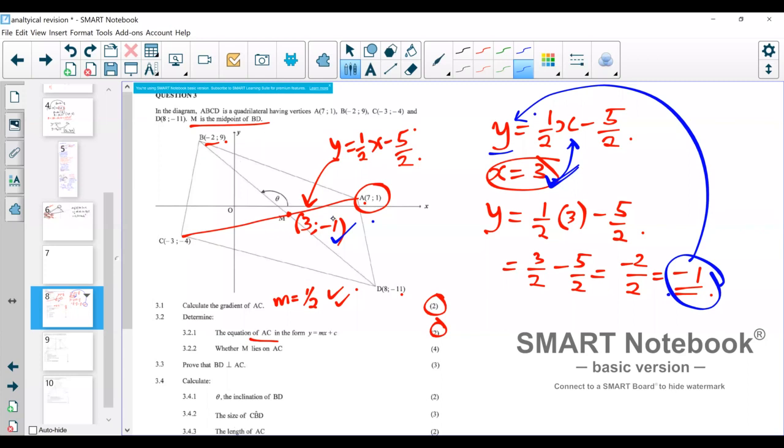All right. Look, 4 marks, principles of analytical geometry. 3.3, prove that BD is perpendicular to AC. BD perpendicular. Once you say the word perpendicular,